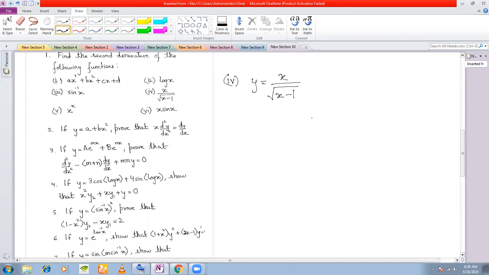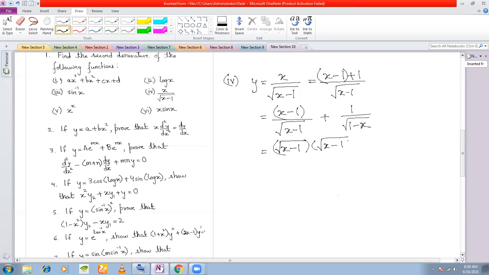Then you write this as x minus 1 plus 1. Okay, now you separate. You get x minus 1 divided by root x minus 1. Very useful technique. Take note of this technique. Okay, we shall be using this technique in integration. x minus 1 can be written as root x. Tell me. x minus. I could not hear you.